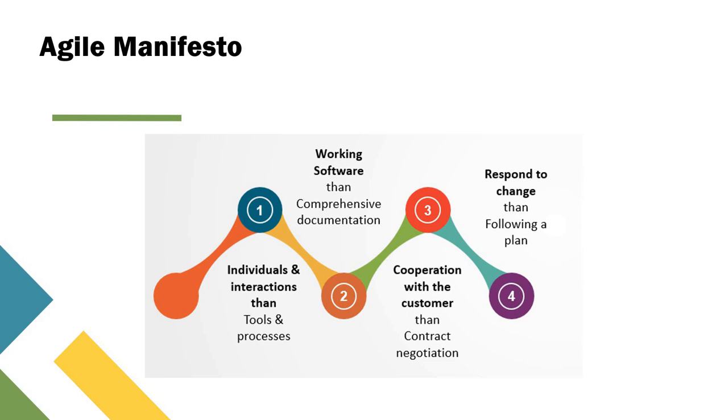And while looking into the definition of agile, what is the Agile Manifesto? The Agile Manifesto was published by a team of software developers in the year 2001. This is to highlight the importance that needs to be given to the development team, accommodating the changing requirements, and customer involvement. And the Agile Manifesto is as follows.